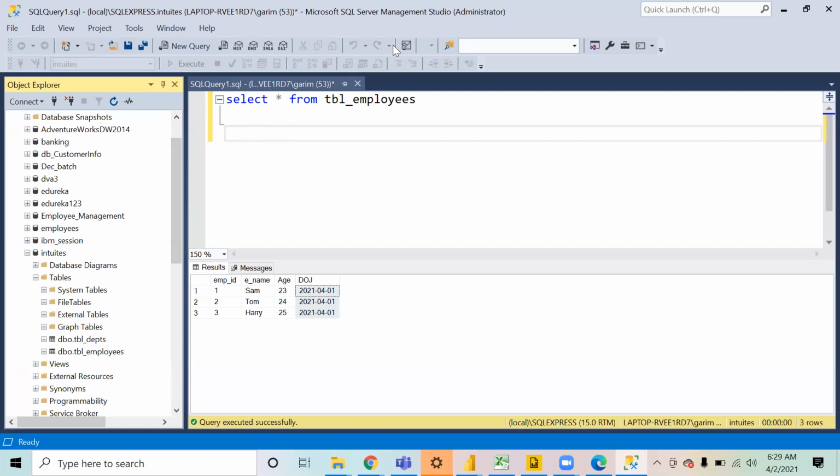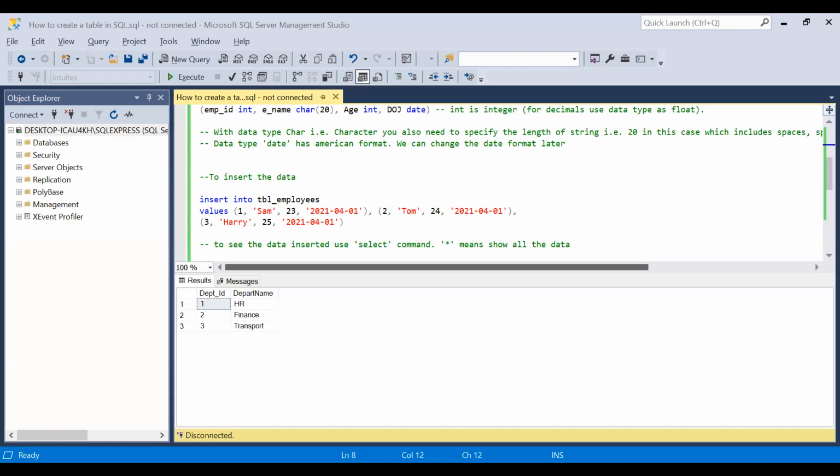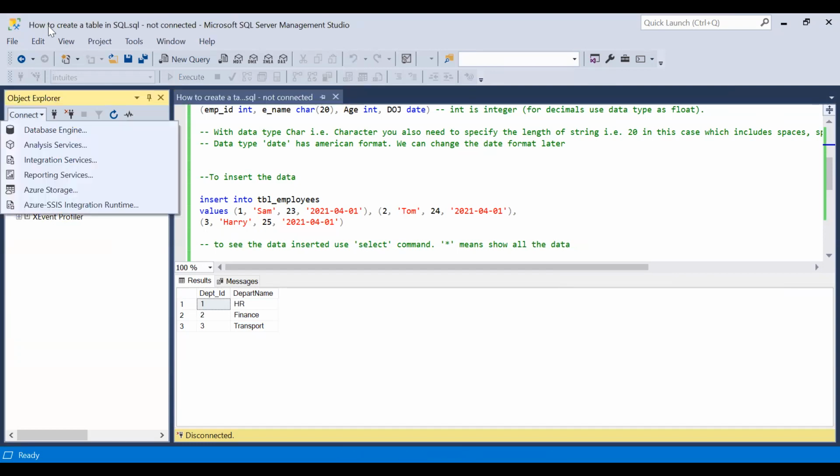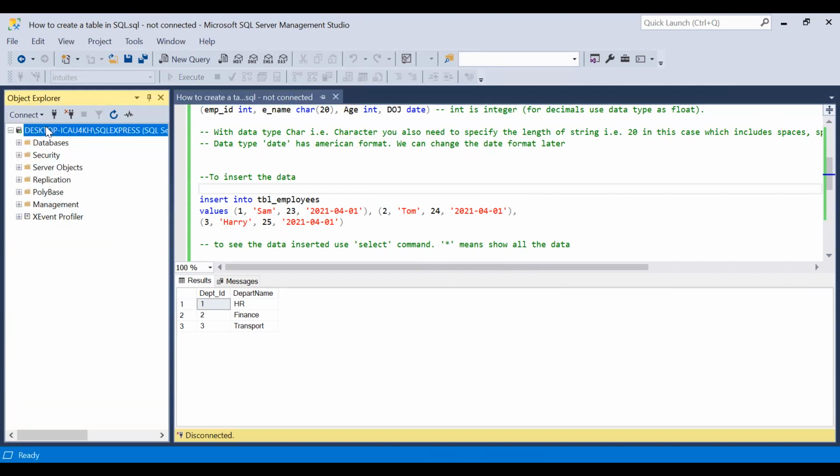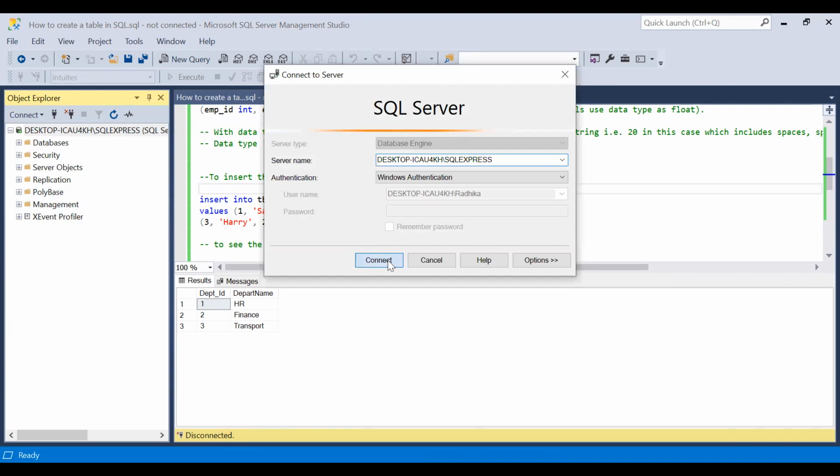Can you share your screen once? Okay, is my screen visible? Yes. So it's disconnected. Can you click in the query window? Just click inside the query window. So it's right now disconnected. So click on connect and database engine. I just connected.